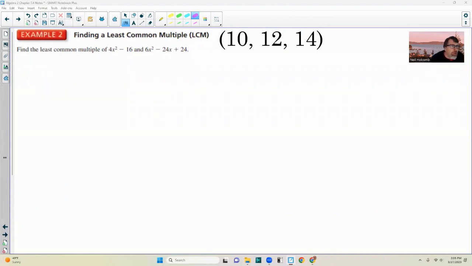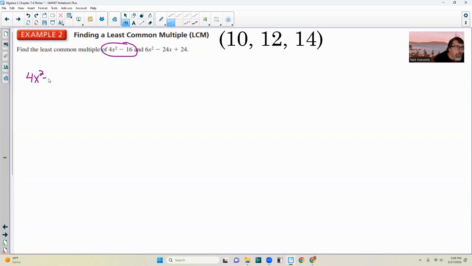Okay, so example 2 is finding a least common multiple, LCM. It says to find the least common multiple of these two polynomials. The reason we're doing this is we're going to get into dividing these things, or multiplying them, or adding them, or subtracting them. And when you add and subtract them, you have to have common denominators. So if this was a denominator and this was a denominator, I need to find all the factors to multiply the other by a factor to get the same common denominator. Okay, so if I do this first,